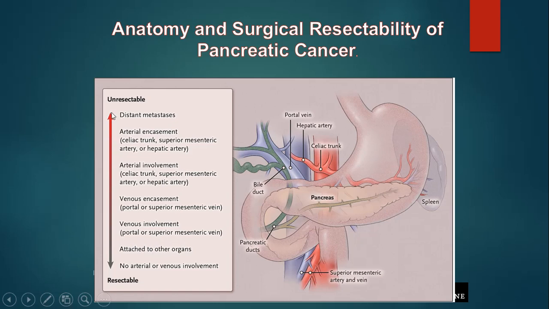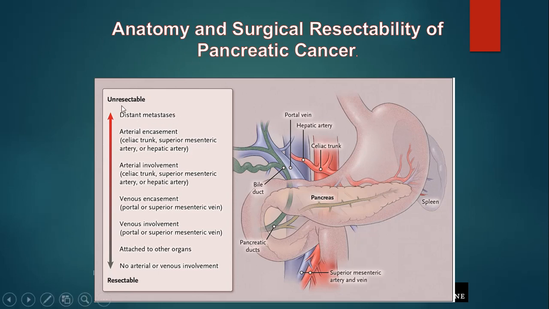And at the opposite side, you can see the arterial encasement, meaning surrounding of the arterial or the vascular pedicle with the tumor,